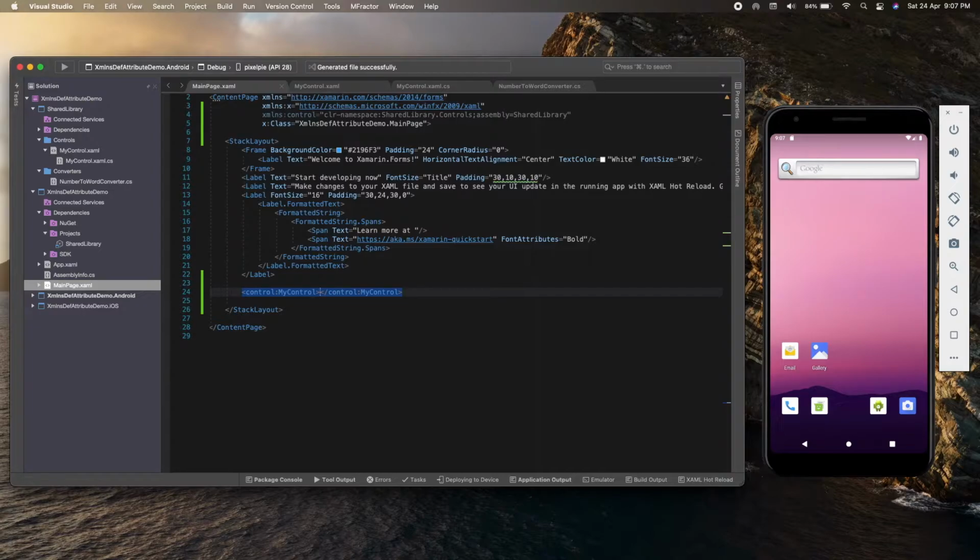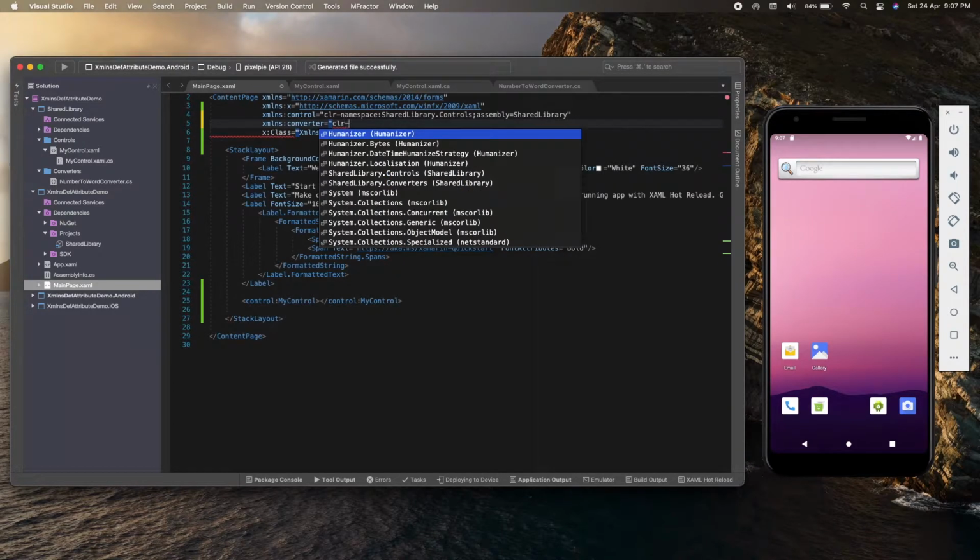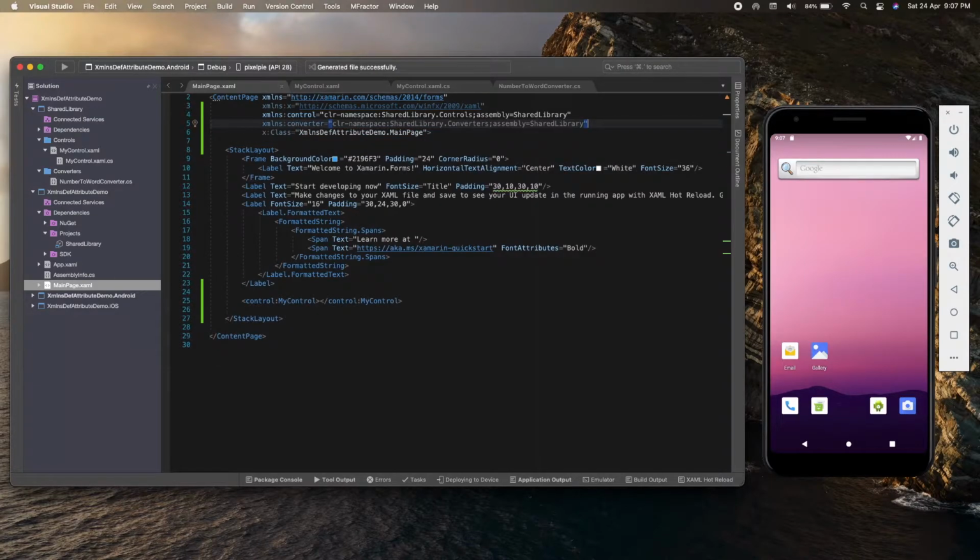And now if I need to use the converter also on this page, then I need to add another namespace for the converter so that I can access that converter on this page. So let me add another namespace for the converter. We can again use IntelliSense and add the namespace.